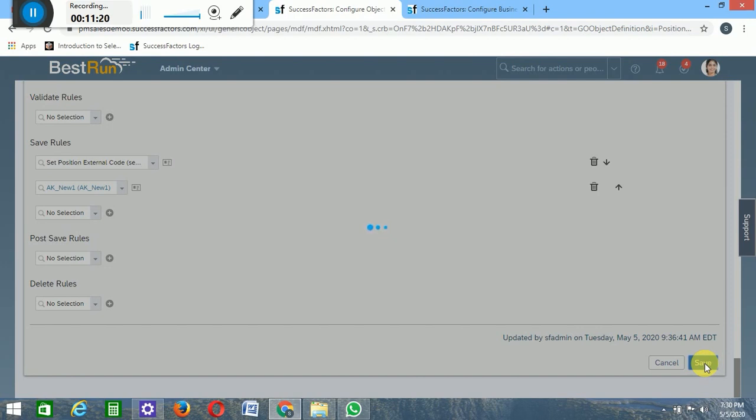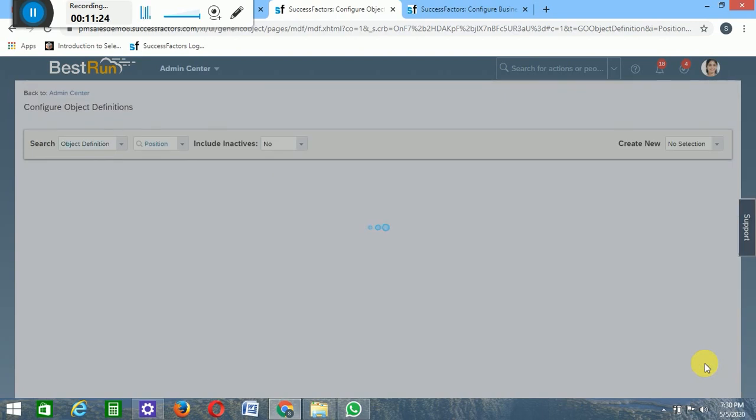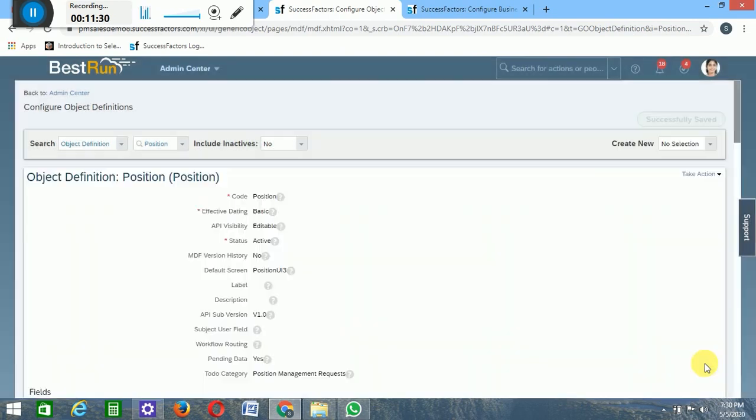So what we have done is created a business rule. According to that rule, only our workflow should get triggered. What we are looking for is that whenever a new position is created, only then should the workflow trigger.